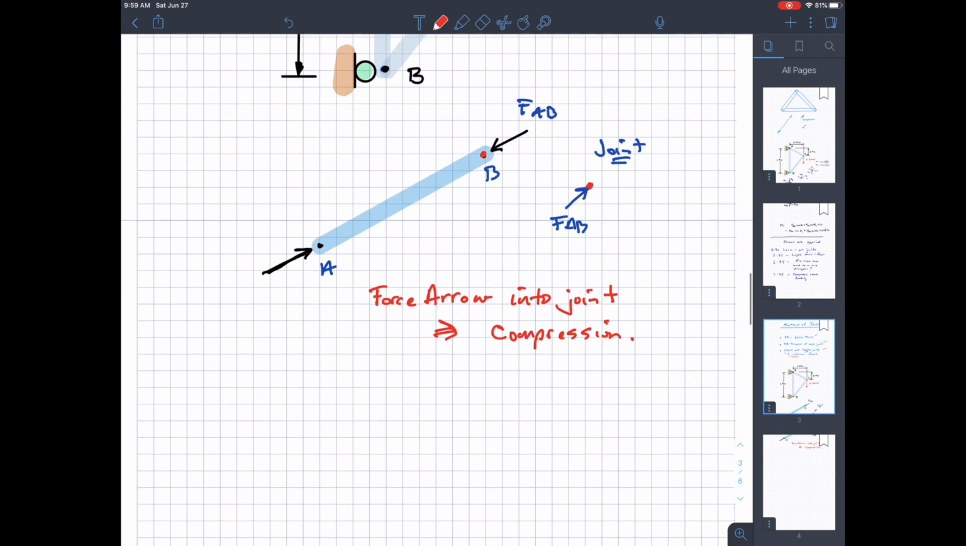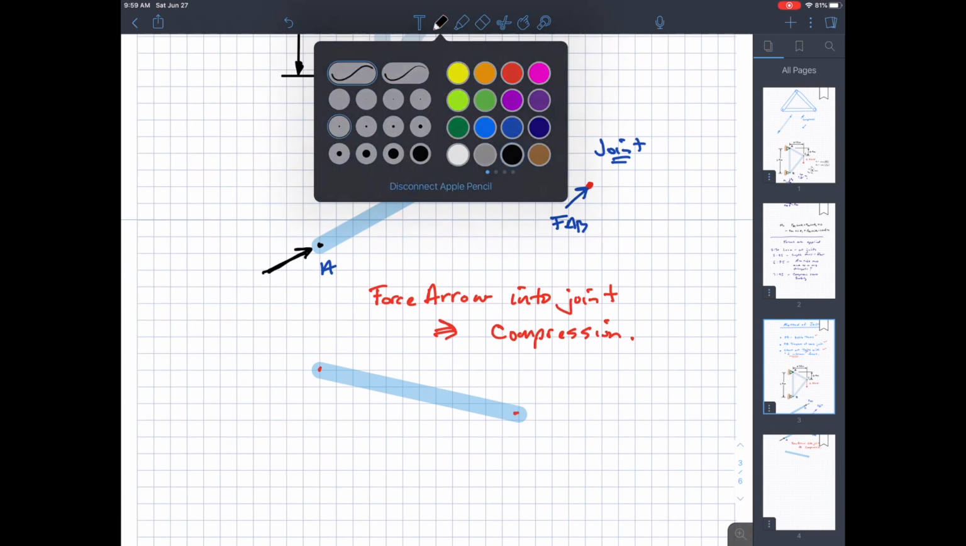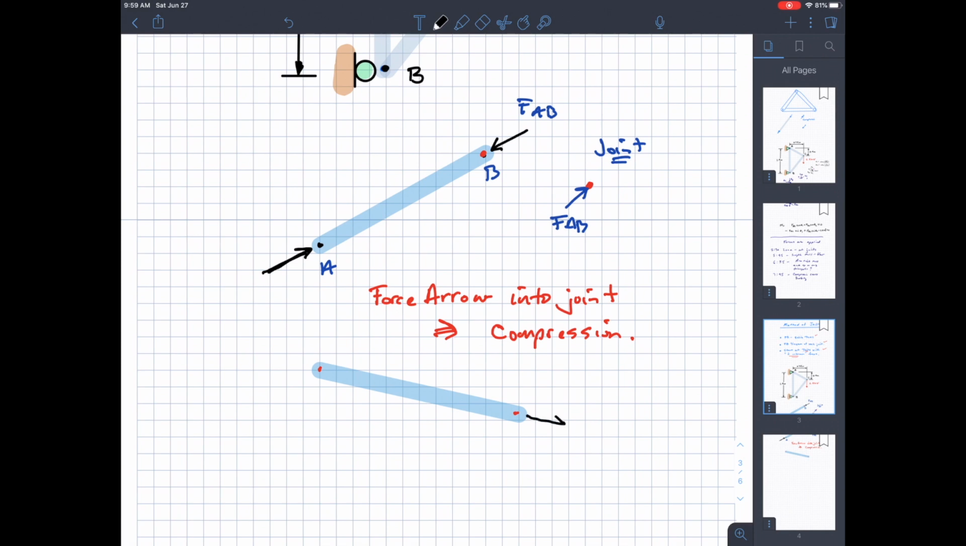Okay, so let's think about tension. Let's draw a different joint, a different member. We have a couple of places that we can pin that. If it was in tension, we would have forces pulling this to make it be in tension. Okay, so then if I pull out the joint and do a free body diagram,